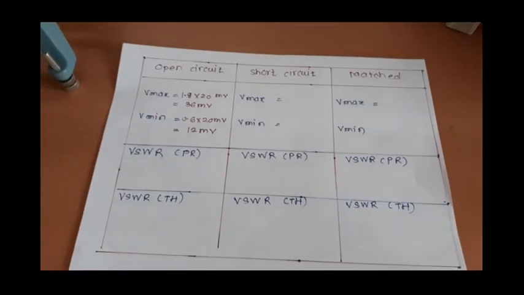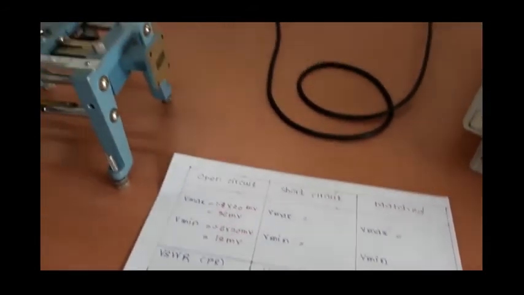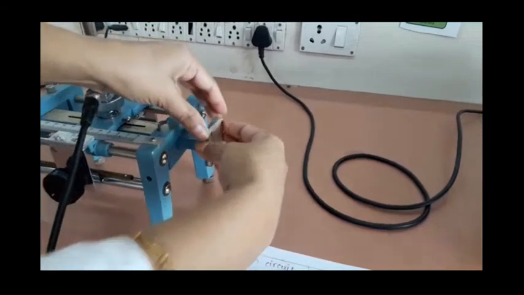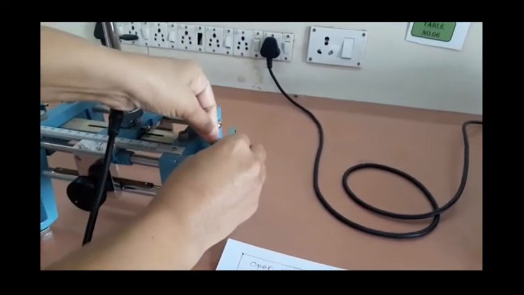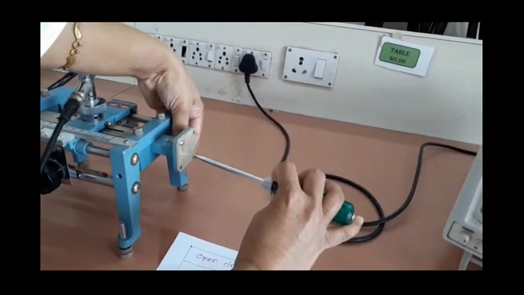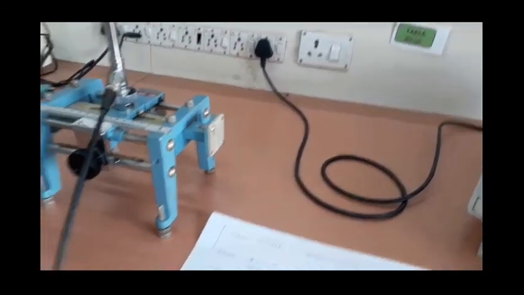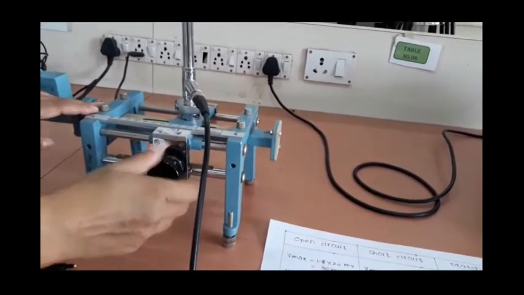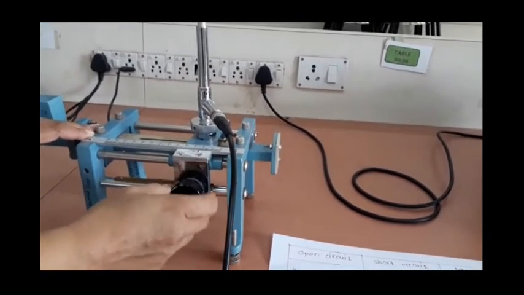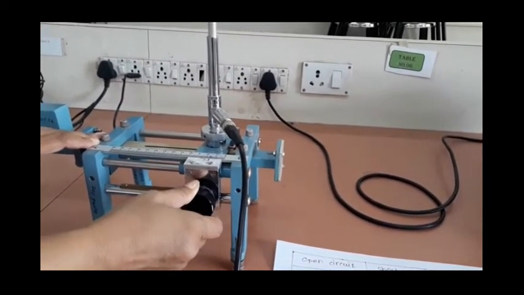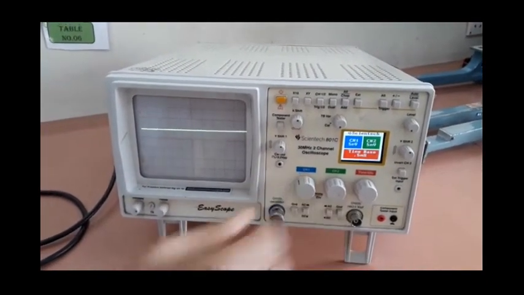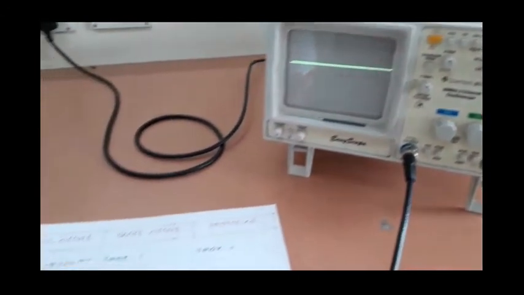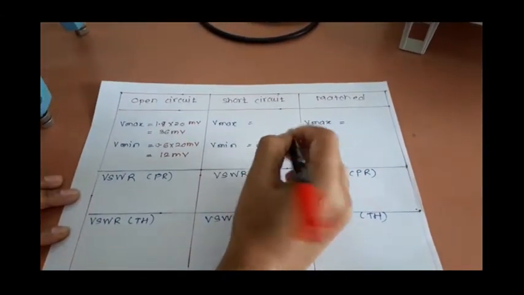Now let us do this for the short circuit. Whenever I am talking about the short circuit, I will connect this shorting plate to the slotted line. So I have connected it here, and I'll get very fine readings. Again I'll do the same kind of thing with the short circuit. I have again moved this probe carriage on the complete line, and I'll see where I'm getting the minima and where I'm getting the maxima. So here I am getting the minimum voltage, and that minimum voltage right now will be observed as 0 volts, 5 millivolts and something. So I am observing the minimum voltage as 0 volt.